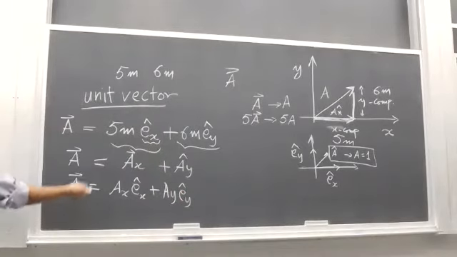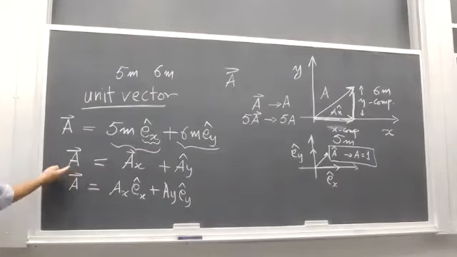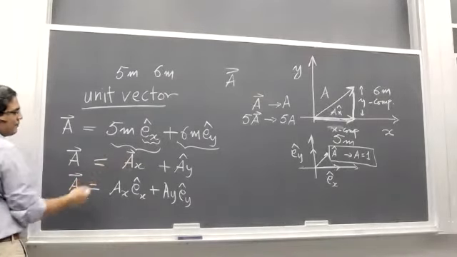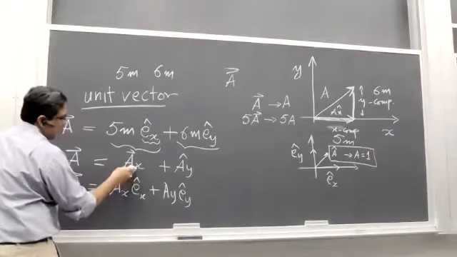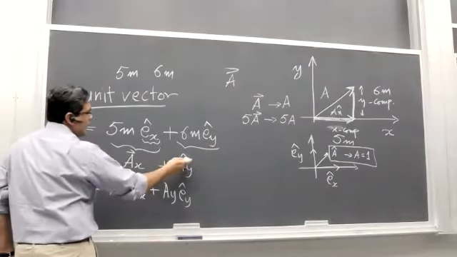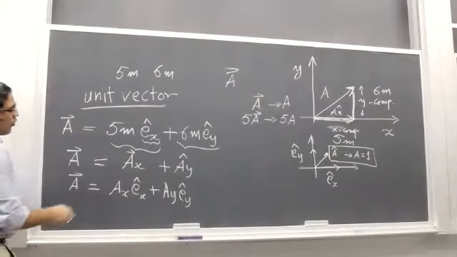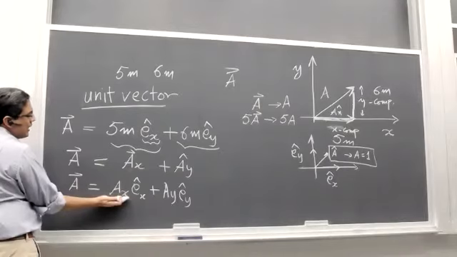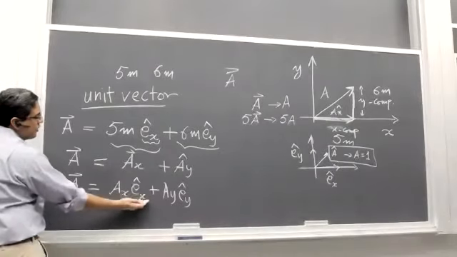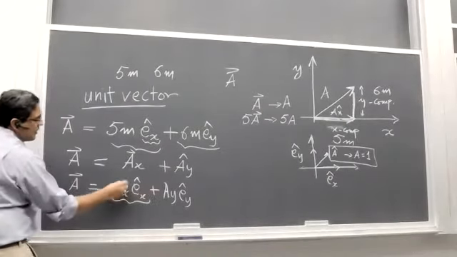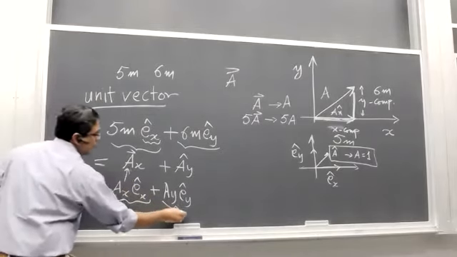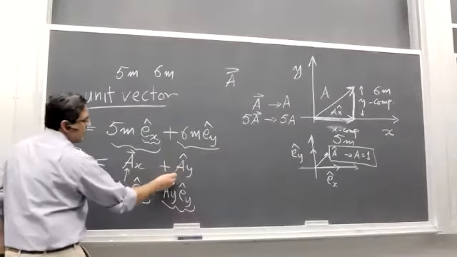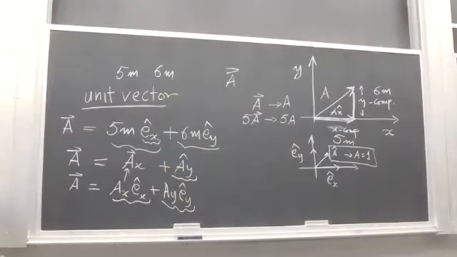Now carefully look at these two ways of writing it. You could just write the vector in x direction, a sub x, and the vector in the y direction, a sub y, or you can write the magnitude ax, but then you need a unit vector. This total is a vector ax, and this total, a constant multiplied by a unit vector, is a normal vector, a non-unit vector. Okay.